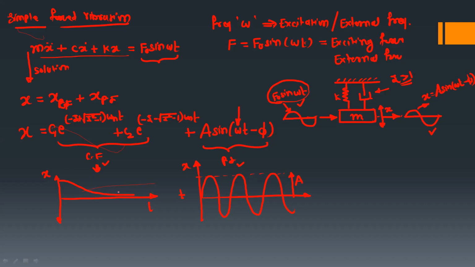Okay. So if you add these two waveforms, one is the complementary function and the other is the particular integral, then the final waveform will look like this. This is called a superimposition of the two waveforms or two functions. So for some initial time, you can observe this effect, which is called a transient effect. The meaning of transient is, so this is called a transient: the displacement is changing with respect to time, continuously decreasing, and after some time it will vanish.